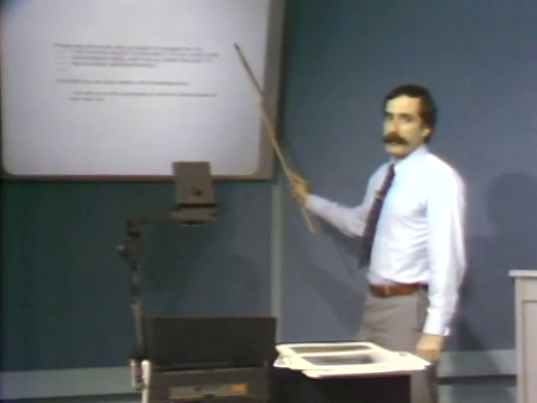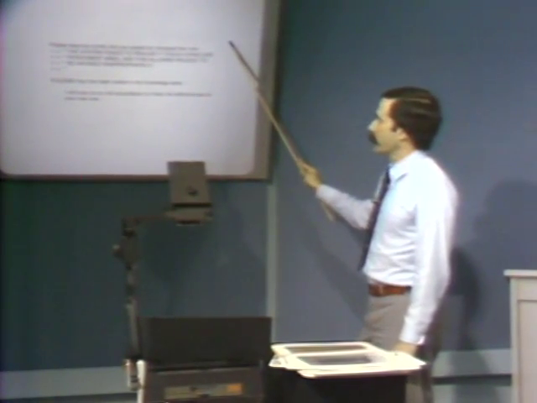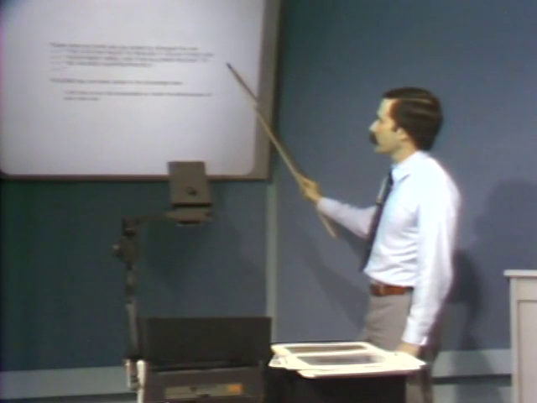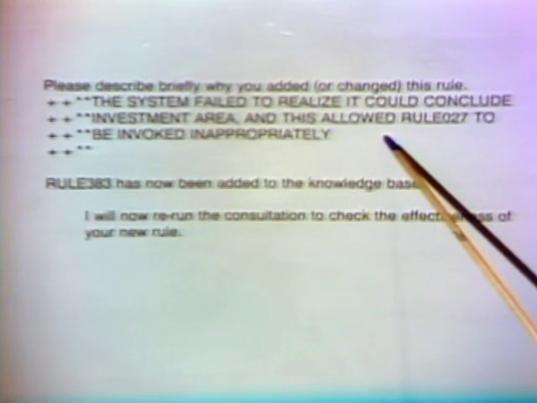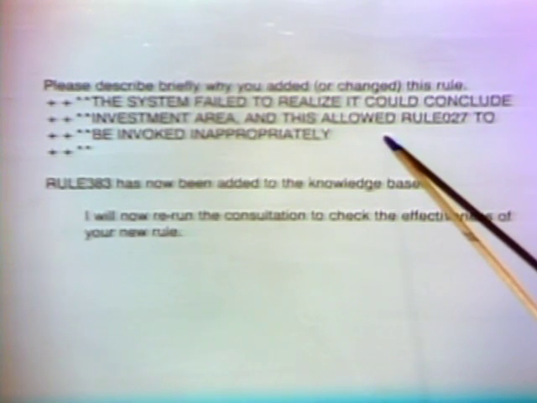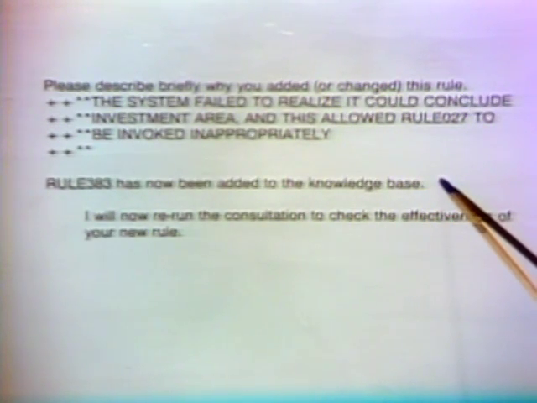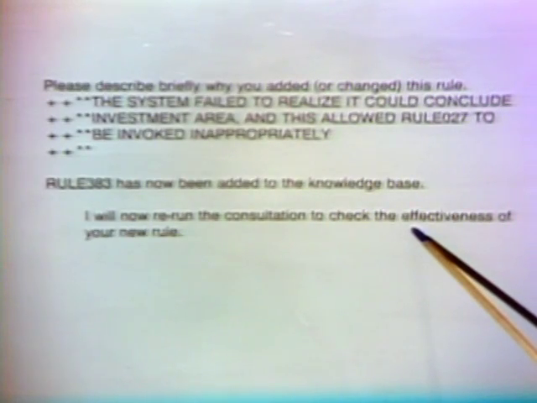So let's see how that works. Before we do that, we have one last piece of bookkeeping to attend to, and that's illustrated here. Before we can actually run the program, we just want to get a little bit of bookkeeping here. One thing we're going to ask for is a comment from the user on why this rule was added to the system or why a rule was updated. And we simply take in the text that the user has given us. He'll type out some explanation here. We make no particular attempt to be clever about parsing this, but simply store it away with the rule so that we can say, aha, this was what motivated this rule. This is why it got added. The rule then gets added to the knowledge base, and then we go ahead and rerun the consultation.